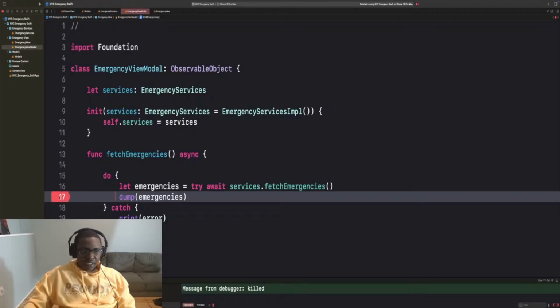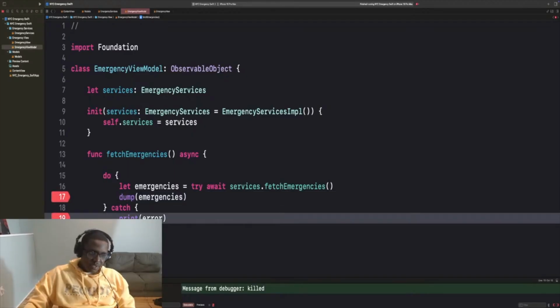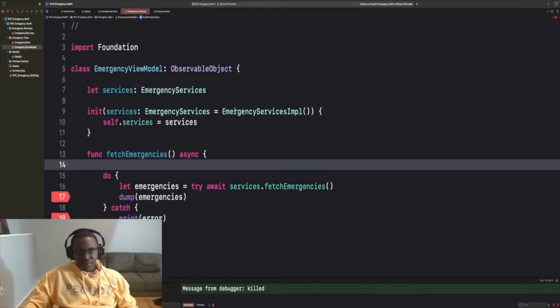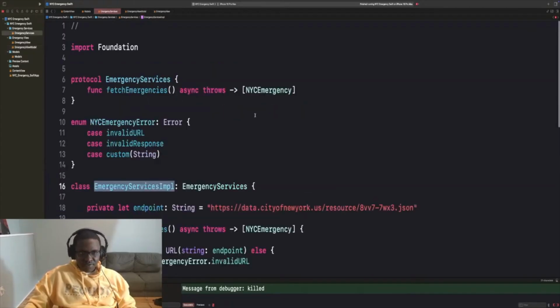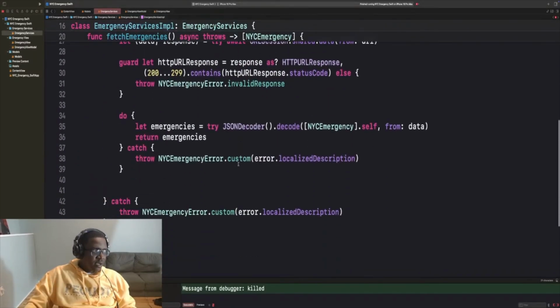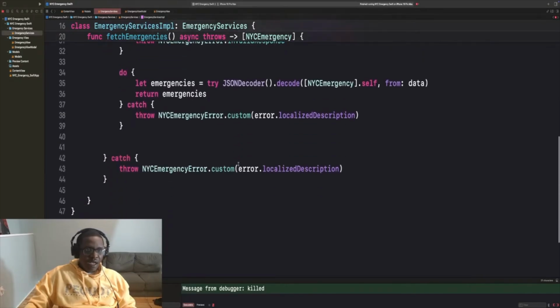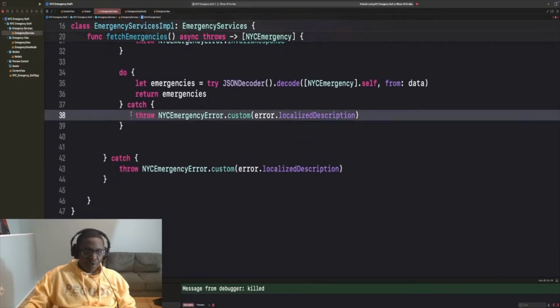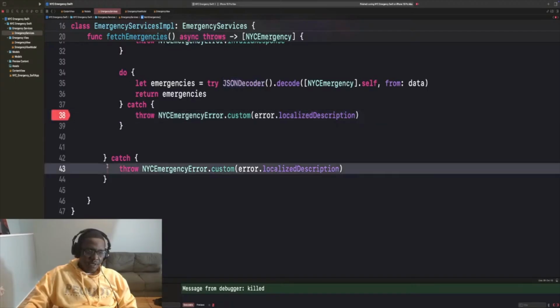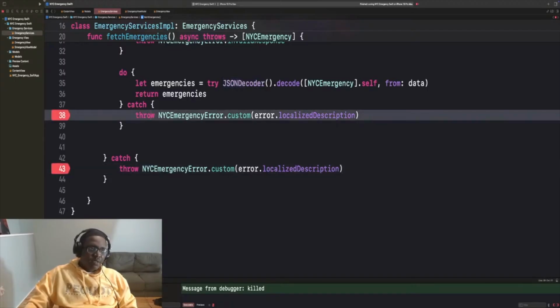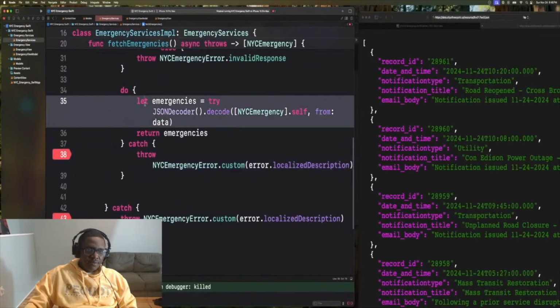All right, so let's set a breakpoint here. And we could also jump to services. I remember, as I said, I like to have a separate catch block just for my decoder block. So I'm gonna set one right here just in case we hit an error, and then one more here. So now if we run this,